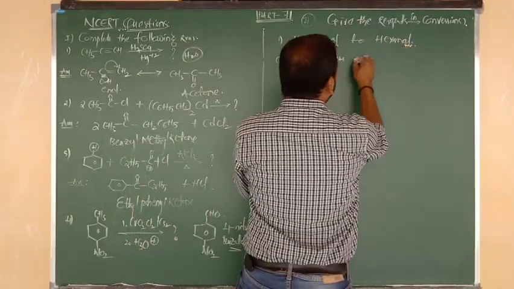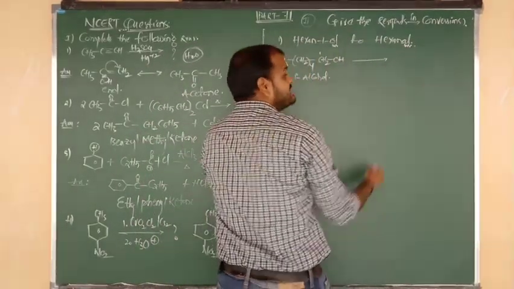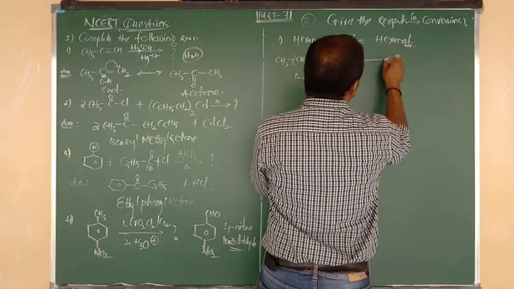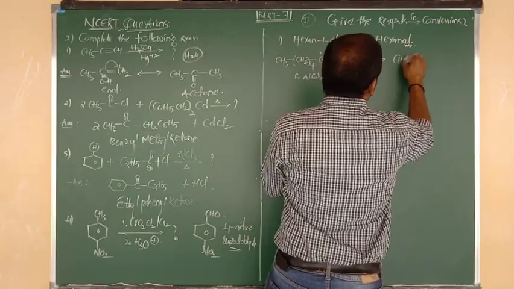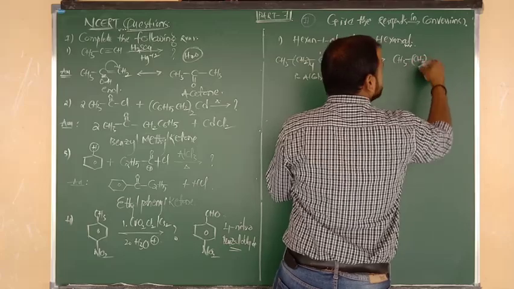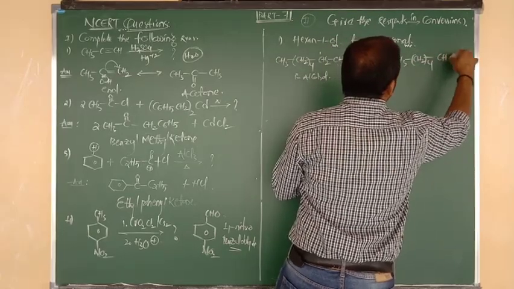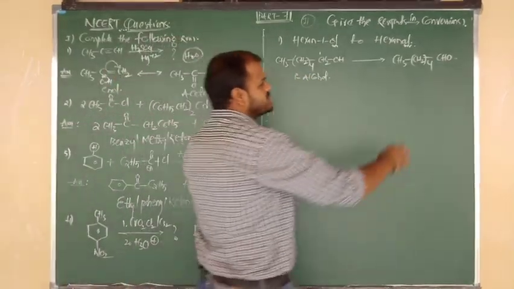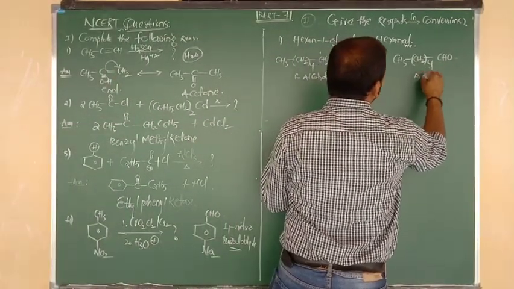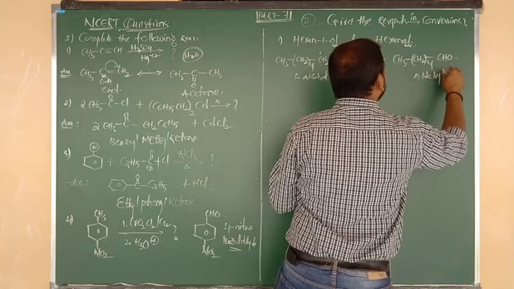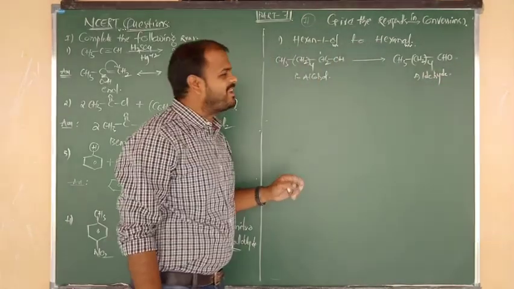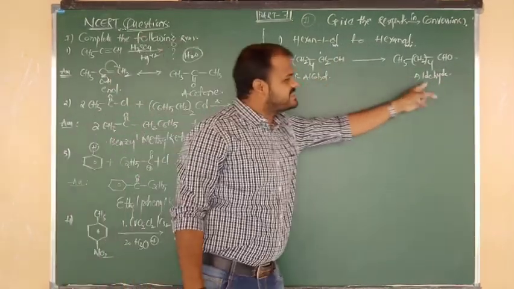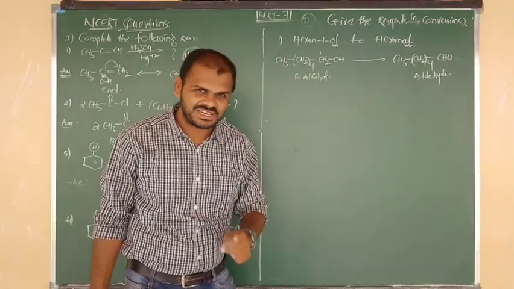Yes, hexan-1-ol is converted into what? Hexanal. What is the formula of hexanal beta? CH3 bonded to CH2, CH2 taken 4 times, again connected to CHO. Hexanal, the aldehyde group is there. So a 6 carbon aldehyde, this is the hexanal. So finally the product is in the form of an aldehyde. Look here once: primary alcohols change into aldehyde. So this is the oxidation reaction.